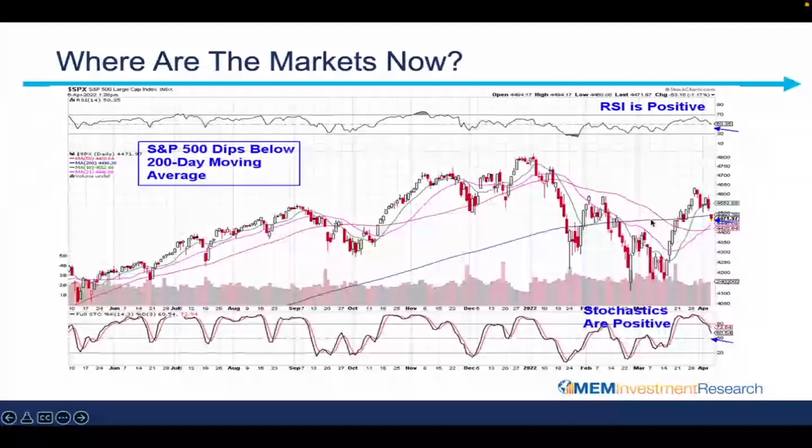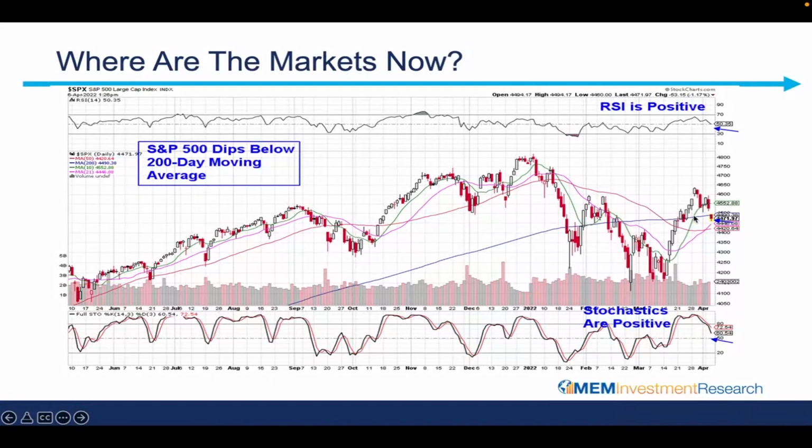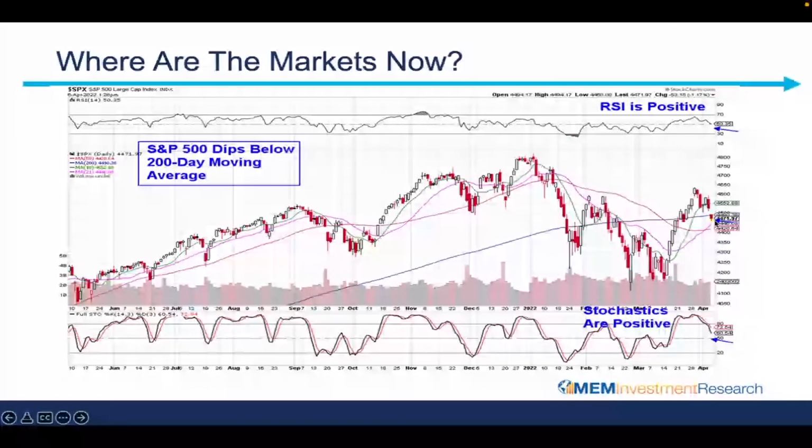And we can see that the S&P 500 did break back below this key 200-day simple moving average. So at this juncture, we are back in a very volatile period, and very tenuous. We're going to want to make sure that we can find support above this red 50-day simple moving average. So stay tuned for the broader markets, and we'll be on top of it